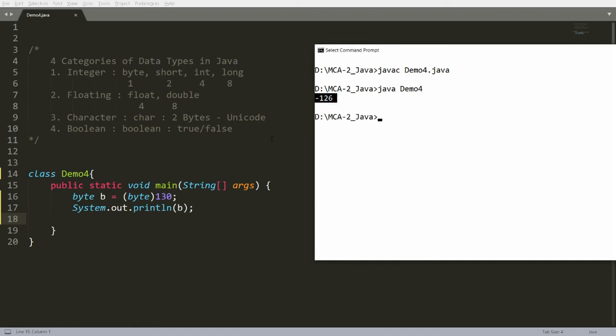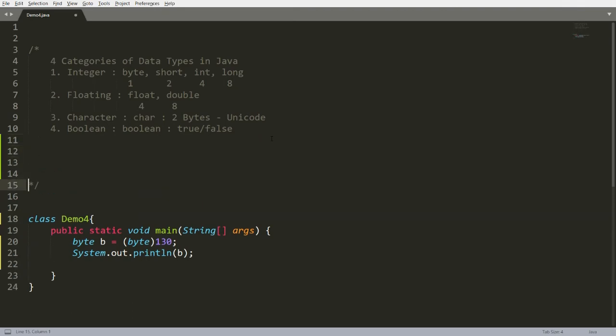Why am I getting minus 126? See here carefully. The range is minus 128, minus 127, minus 126, minus 125, up to minus 1. Then 0, 1, 2, 3, 4, up to 127. This is the range of byte.